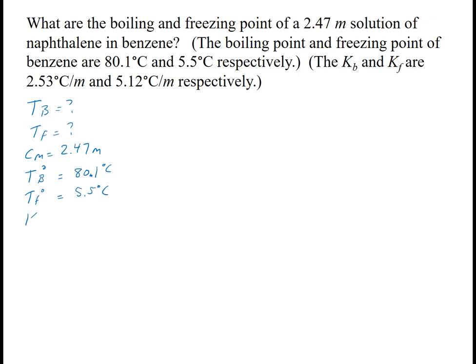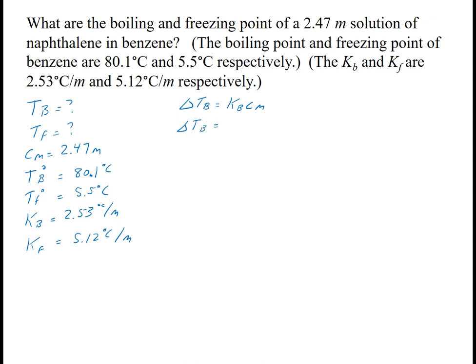And then KB is 2.53. And KF is 5.12. Okay? So the formula is that delta TB is KB times Cm. All right, so I have to find delta TB,